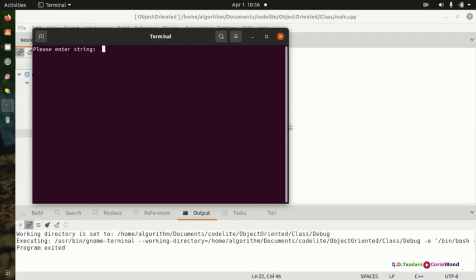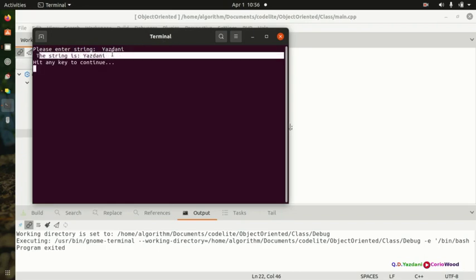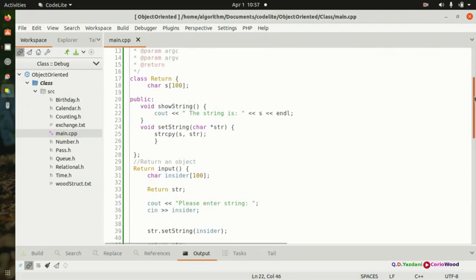So please enter a string. We put a Yazdani. The string is Yazdani. So that's how, if you guys see here, we have returned our object. So we have a class return. We have a character s. We assign the 100. That's our data type, and we have a public, and it says void now showing. Show the string,